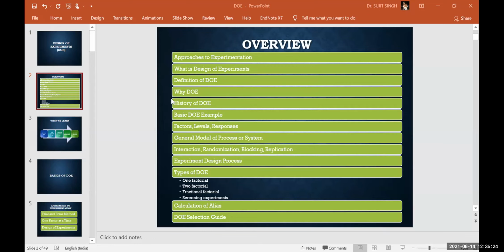Why we require the design of experiment, why DOE? A brief history, after that some basic examples we are going to see. Through that, we are going to learn about the different terminology used in the design of experiments, by taking a simple example.